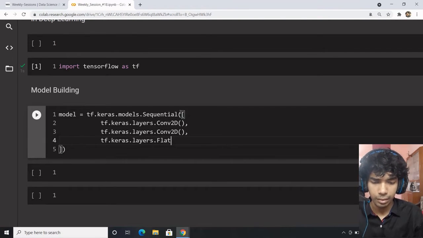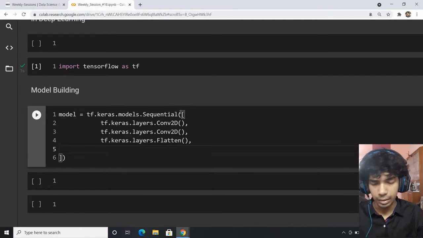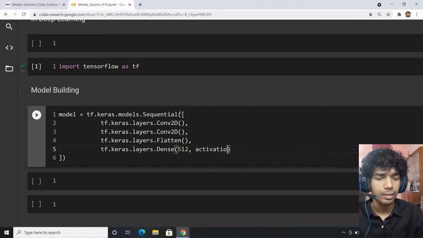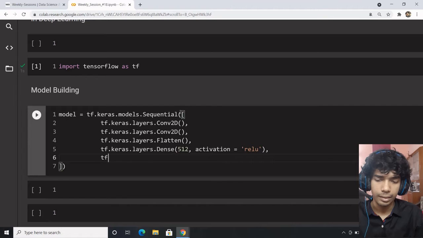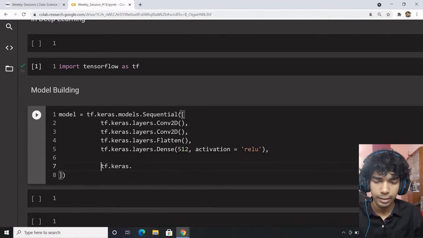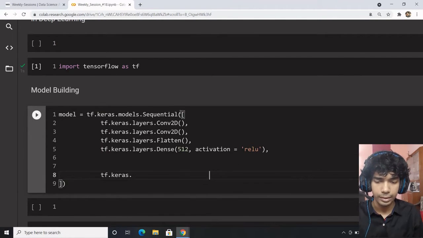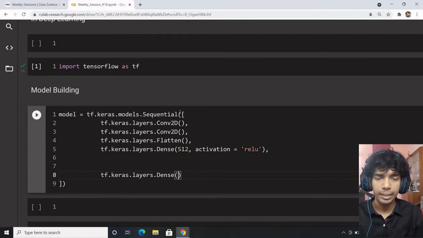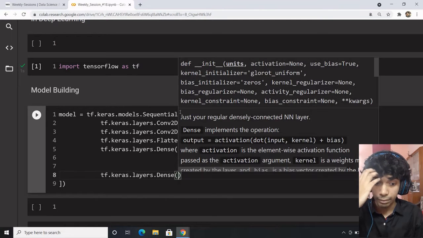A very minimal, extremely simplistic CNN model with the penultimate layer as a Dense 512, and the ultimate classification layer would be, this is what sets us apart, tf.keras.layers.Dense. Now, how many classes do we have?